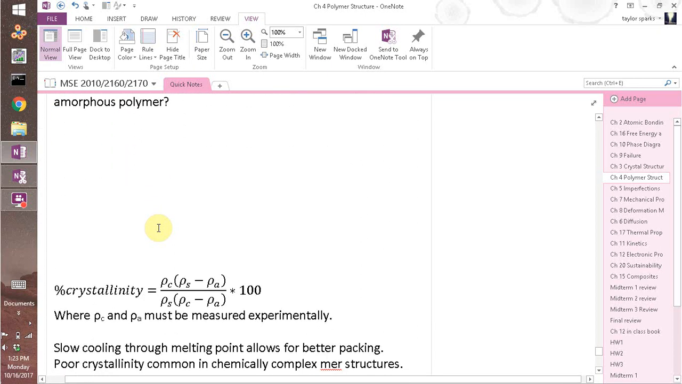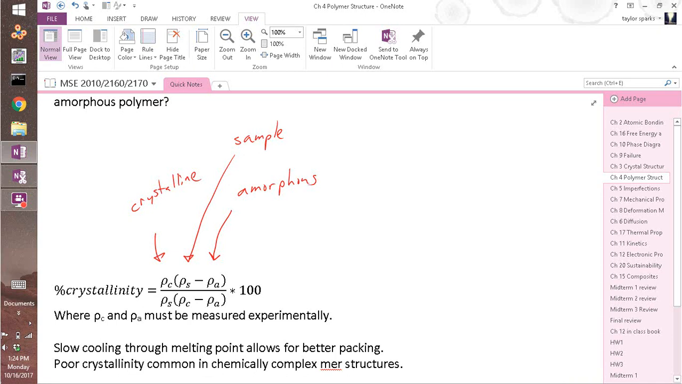So here's how it works. The percent crystallinity of a polymer is going to be equal to the density of a completely crystalline sample multiplied by your sample minus an amorphous density, right? So you have to know these values ahead of time. You'd have to know ahead of time what is an amorphous polymer's density and what is a completely crystalline polymer's density. If you have the amorphous and crystalline, then you can measure the density of your sample. So S is sample. And from those three values, you can calculate what percent crystallinity your polymer is, which is